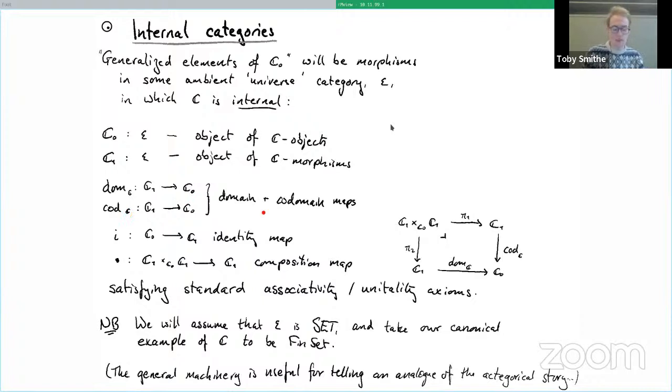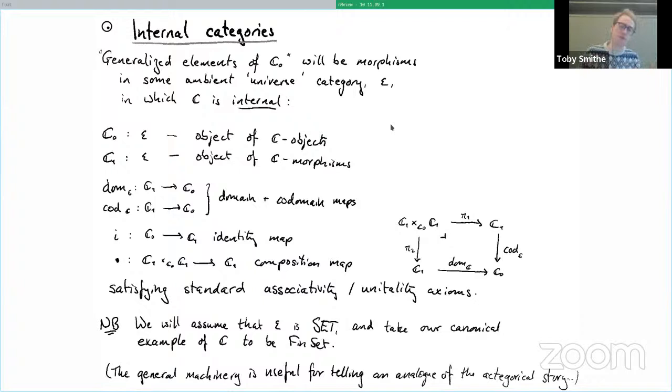I've got an identity morphism in E, which says for each object, each element of C0, I get an arrow in C1, which is identity. And I've got this composition map from the pullback, where I've got two morphisms, and they agree, the second one having a domain equal to the codomain of the first one. That's this pullback object here. Then I can, of course, compose them. And these various maps have to satisfy some axioms, which I haven't written out here. They're the standard associativity and unitality ones for composition.